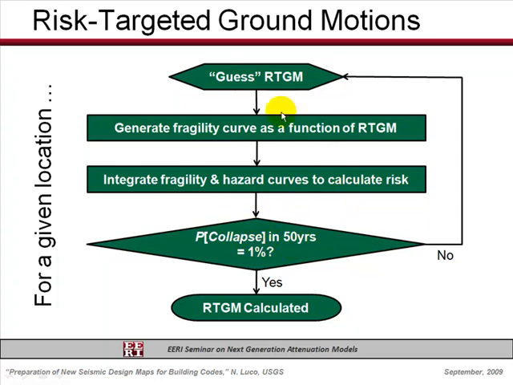And then we check if, when we do that, we get a probability of collapse in 50 years that's 1%, our target. If we do, we're done. But we have to try a few times before we get there, so we go back and guess again, and at that point you can guess intelligently and try to minimize the number of iterations here. So we do this location by location on our map,